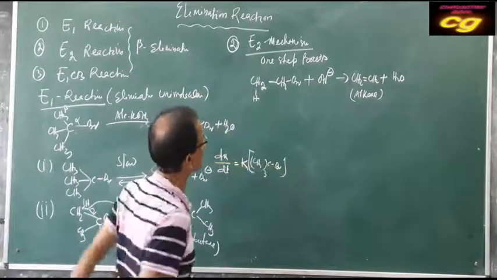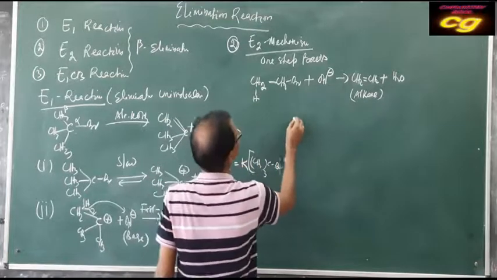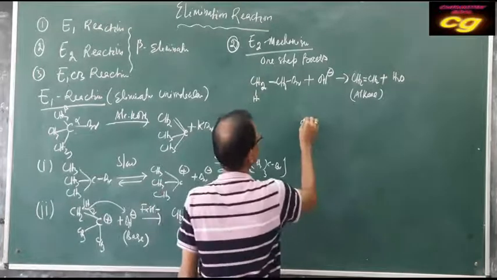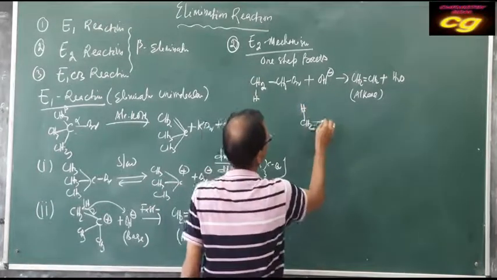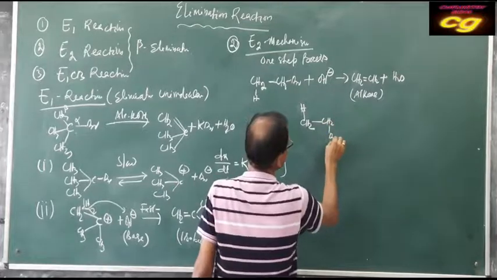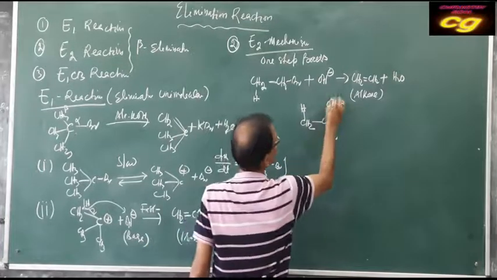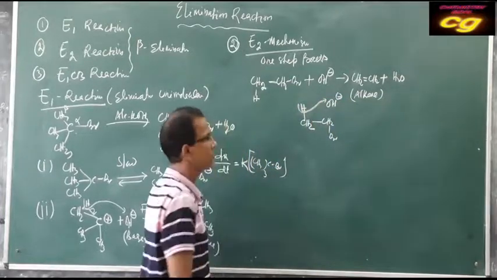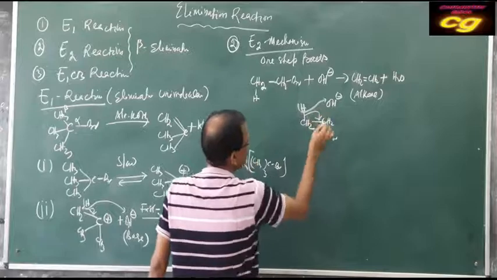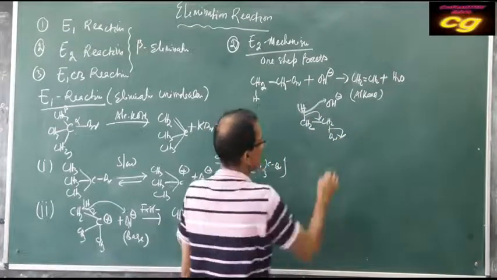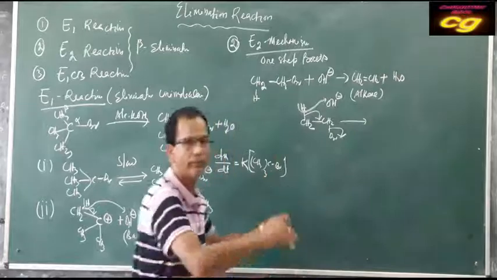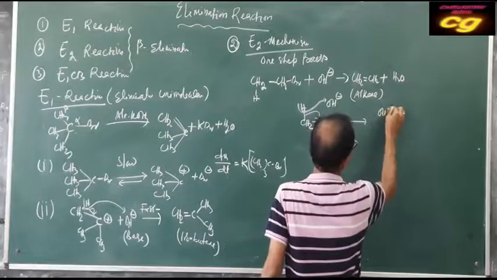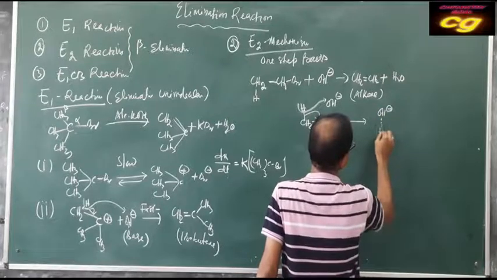One-step process means what happens here? If you take the base here, suppose this is your hydrogen, then CH2, then Br. What happens if you take the base OH minus here? H will be taken by OH minus. At the same time, the double bond is formed and loss of bromine takes place. That's why there will be a transition state. What is the transition state? The attack of the base on the hydrogen,